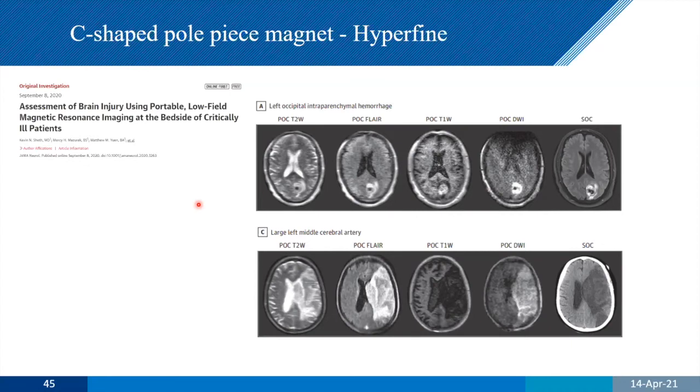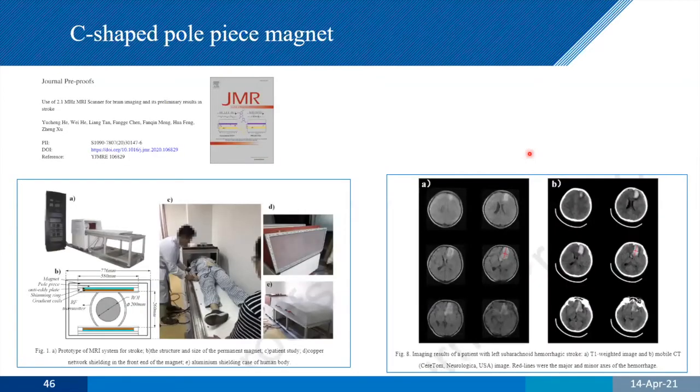And what you see, I think, is the good side and the bad side, right? Some of these images are really pretty impressive here. And when we look at diffusion, then there's a way to go. And that's great, right? Technically everything looks good, but it's not as if every problem has been solved. And then a very similar design coming from China, also looking at stroke patients with the 50 millitesla here and comparing with CT.